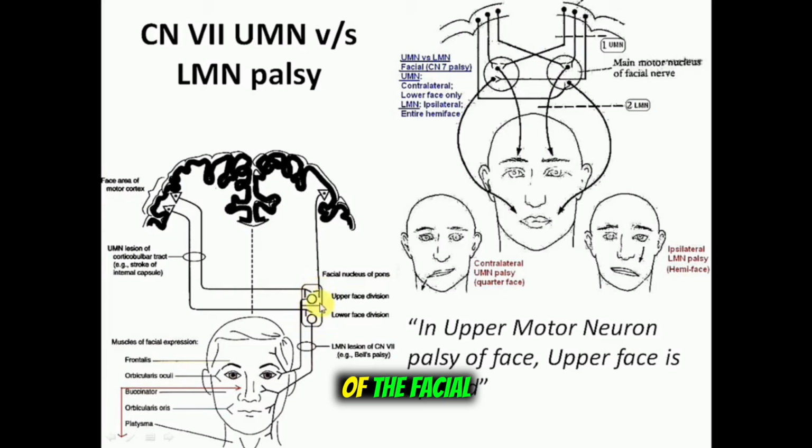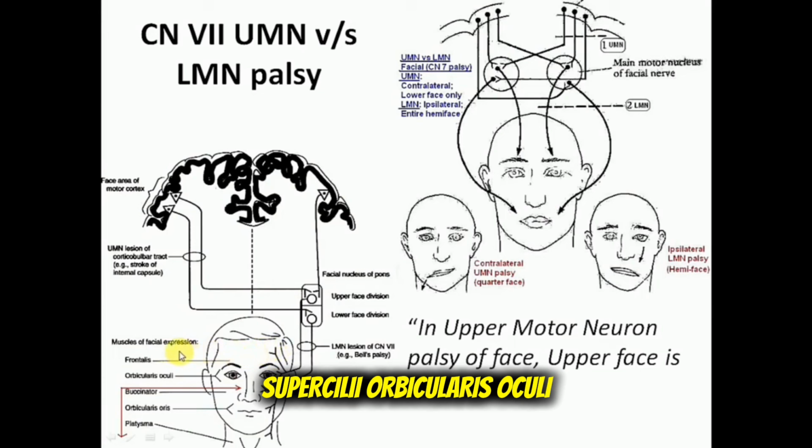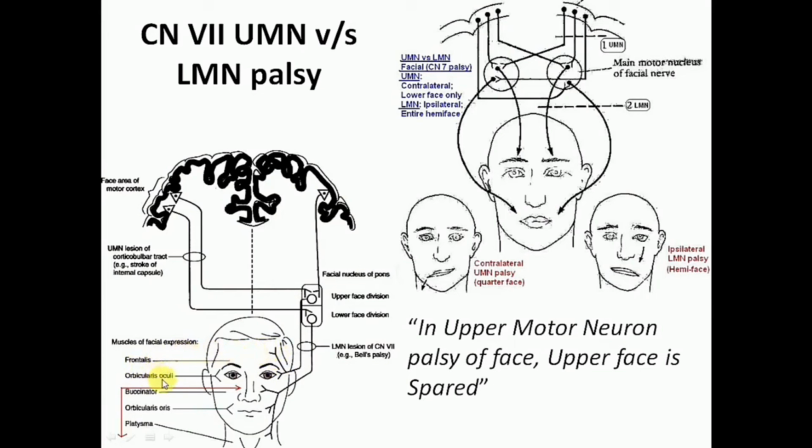The upper part innervates the upper part of the face, mainly the frontalis, corrugator supercilii, and orbicularis oculi muscles, whereas the lower part of the facial motor nucleus supplies the lower part of the face,